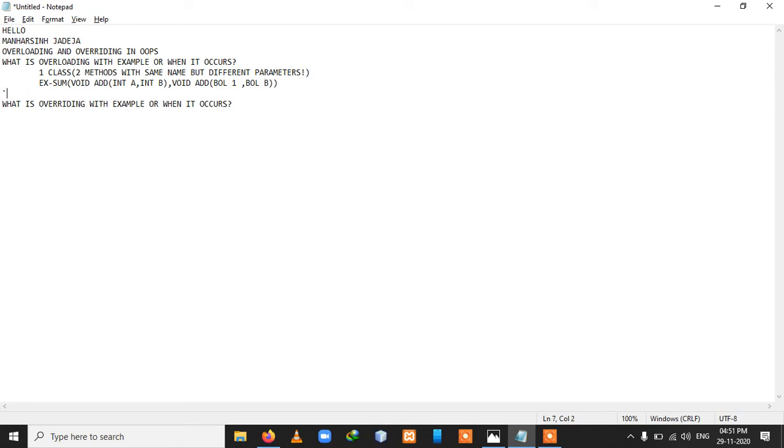Whenever I call from the main method, if I pass the parameters as integers, 1 and 4, it will call the first method and not the second. At the same time, if I call the second method with boolean parameters, it will run the second method, or we can say it will print the output of the second method.